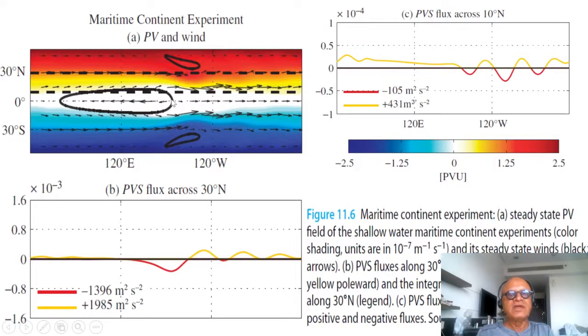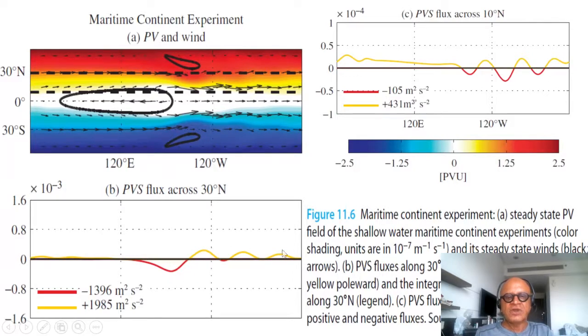It has some observed realistic features, but of course there are differences from observations because this is a very simple model with a simple heating. Nonetheless, you clearly see the potential vorticity up here that is crossing into the westerly duct that exists here. Much different than the real observations, of course, but the flux across 30 north shows a little southward transport compensated